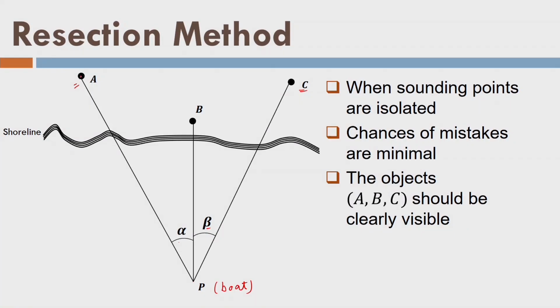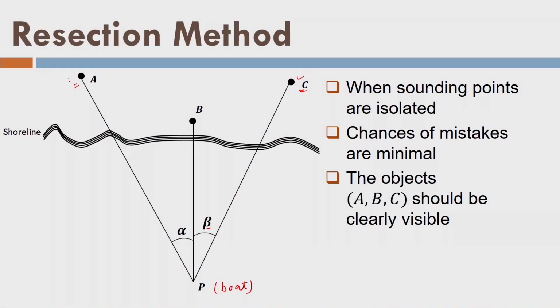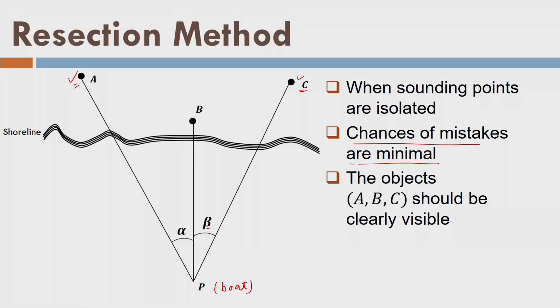As we know the distances between A, B and C, I can find out the position of P at a given instant, so this method is intelligent, and at the same time it is accurate also. Moreover, these are only permanent reference marks. The complete survey team is in the boat, so a small team of surveyors will also be good. This method is a little more independent than the intersection method, and it is less laborious. So, chances of mistakes are minimal here.